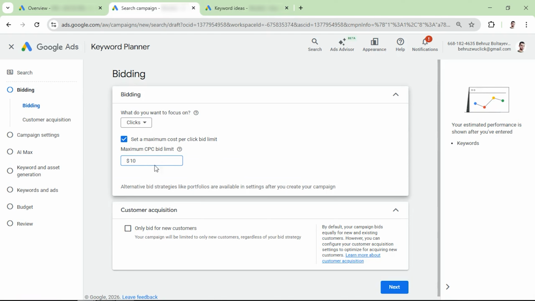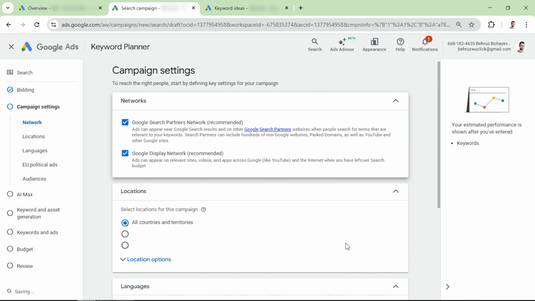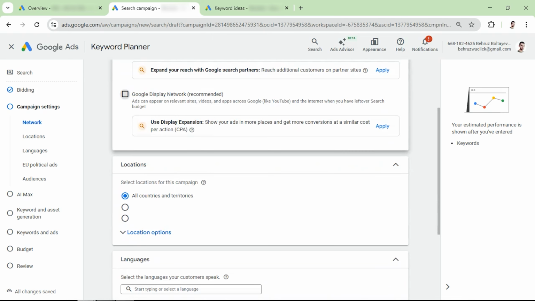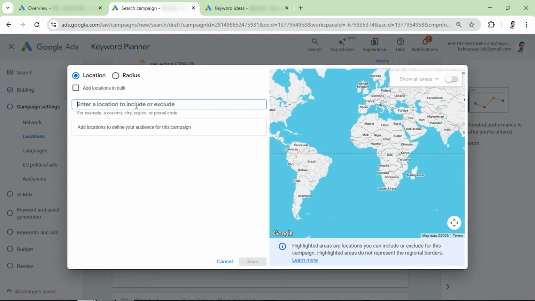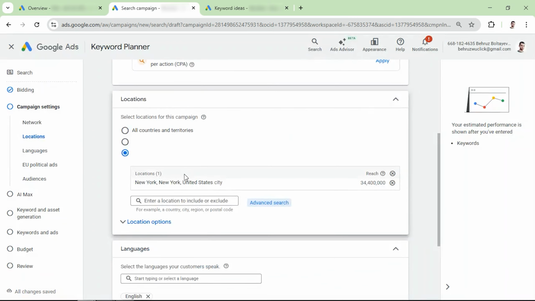And if it's not enough to generate impressions and clicks, you can always increase that to $11, $12, $15, so that you're gonna get enough number of impressions and clicks. So after that, scroll down and click on next. So from here, we're gonna uncheck other network types, Google Search Partners and Google Display Network. We're gonna scroll down and enter another location and click on advanced location and choose a specific location. So as an example, we're gonna again choose New York City, and after that, click on save and scroll down,